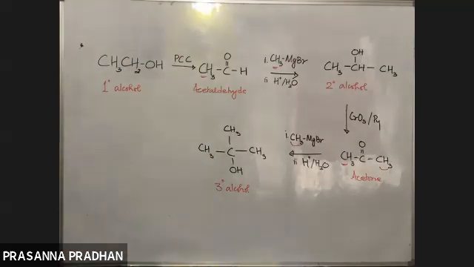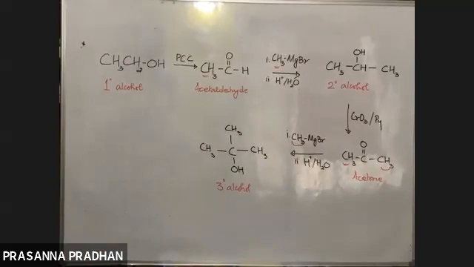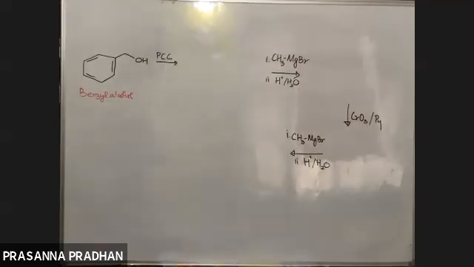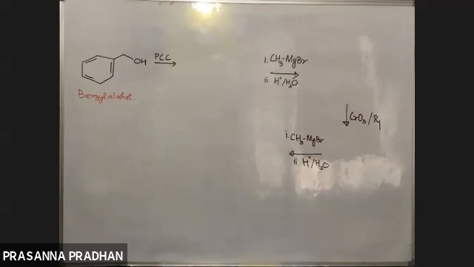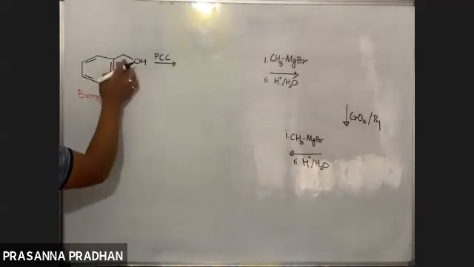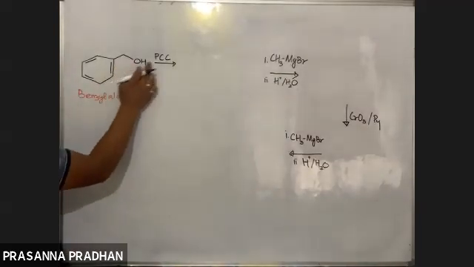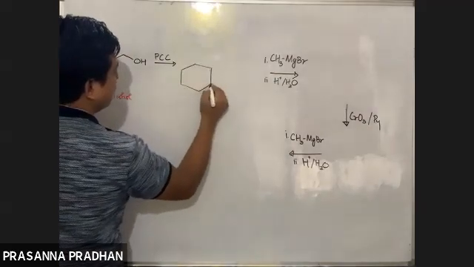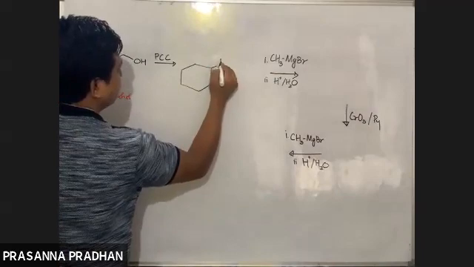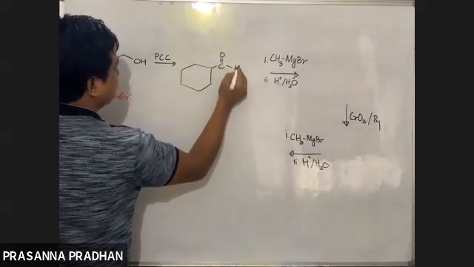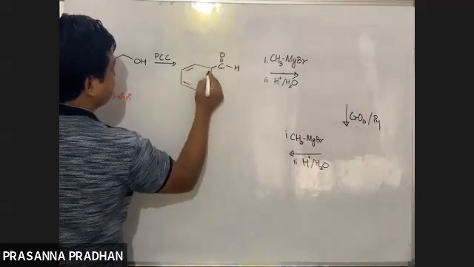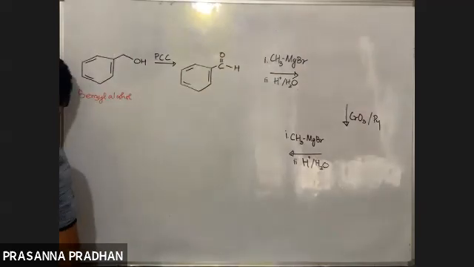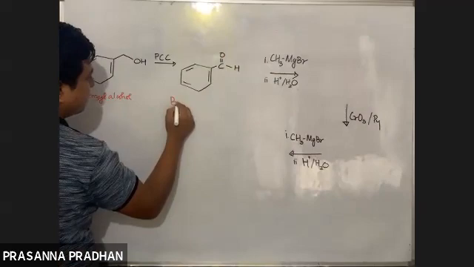Now if this is understood, this one you should do yourselves. Come on. Now you compare your answer. So a 1 degree alcohol, CH2OH group, PCC. What will happen to the CH2OH group? It will get oxidized to a CHO group on treatment with a mild oxidizing agent. So compare your answer. This compound is an aldehyde.